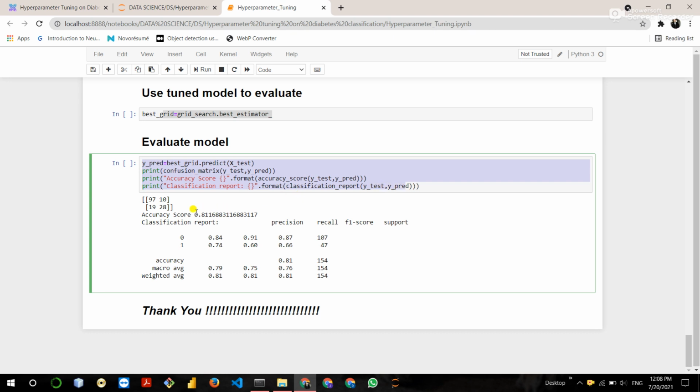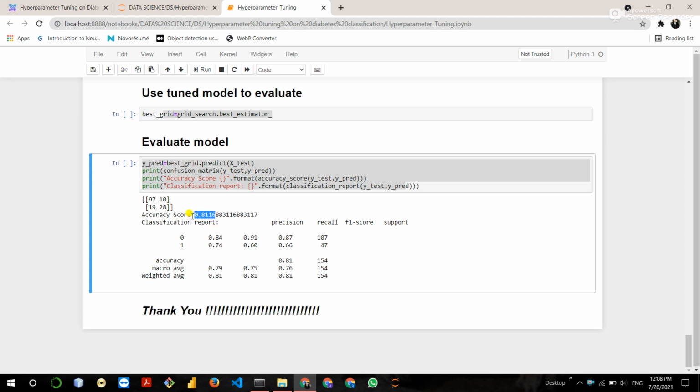So you can see here 81.16%. So there is no change, but if you train this model on another data set, you may get different accuracy, and better accuracy using the grid search cv. Okay, so there will be a minor change in both the accuracies after applying the grid search cv and the randomized search cv, as you can see in the output.